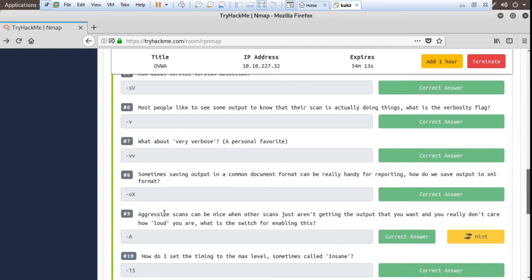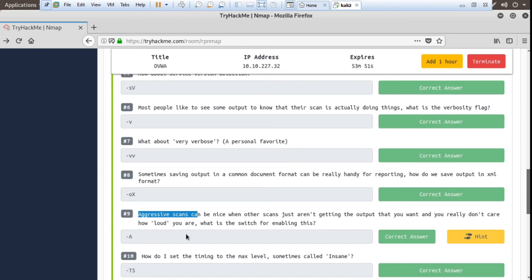Aggressive scan can be nice when other scans just are not getting the output that you want, and you really don't care how loud you are. What is the switch to enable this? It's the aggressive scan, so we use -A.